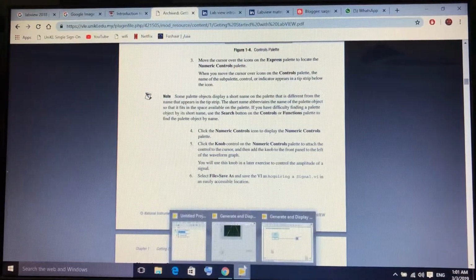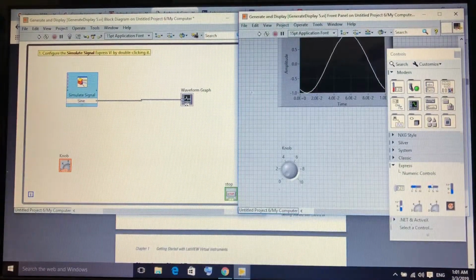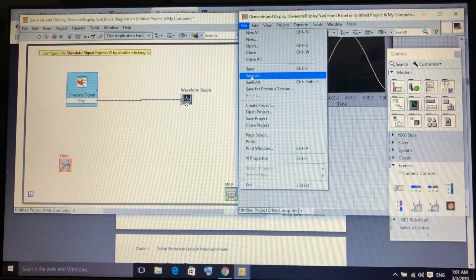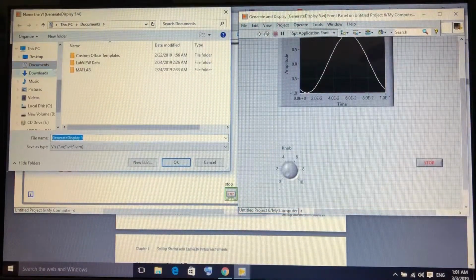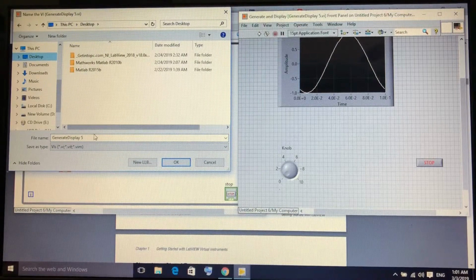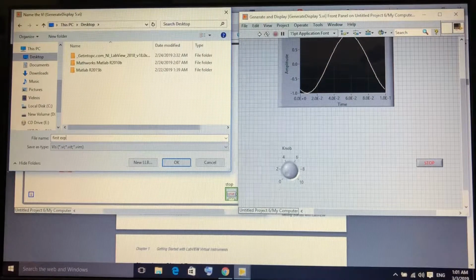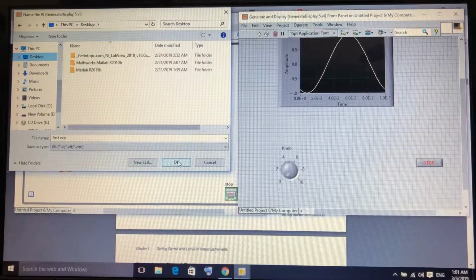So we will go to LabVIEW, and now we will save it in a very easy place so that we can come back to it. I will save it on my desktop and I will name it First Experiment. It is very easy to find on the desktop. So okay,